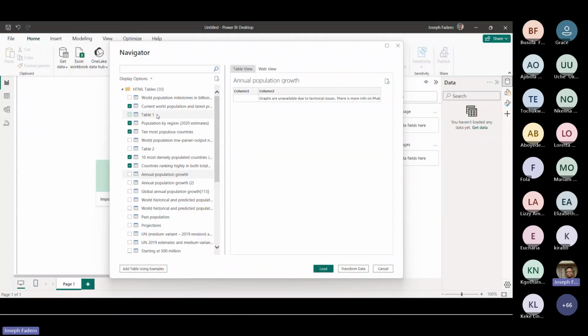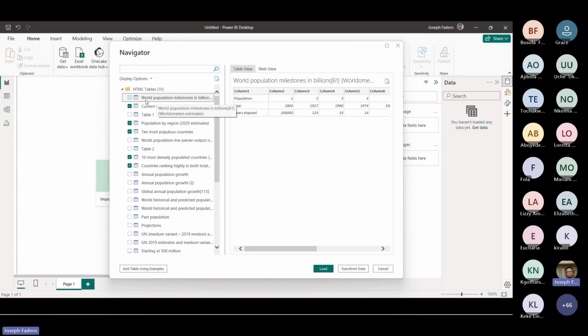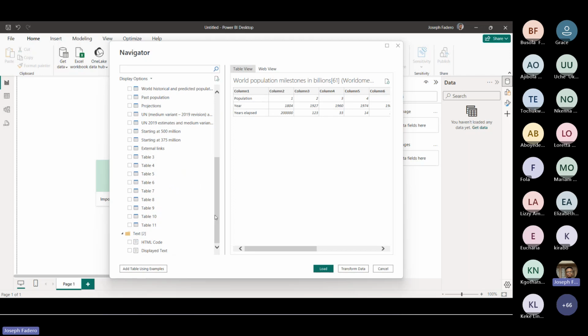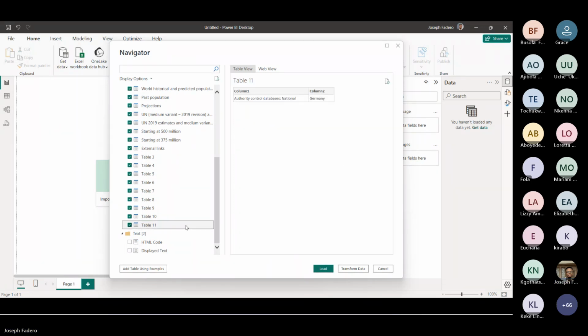Yeah, there's a technique to bring in all at the same time. You can actually select all by default. If you hold your shift key, you can easily select all. Let's say this, and I drag it down to this. So with my shift key, I can easily select all if I want to bring in all.